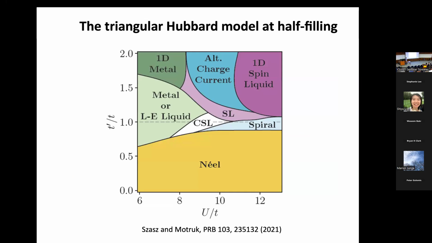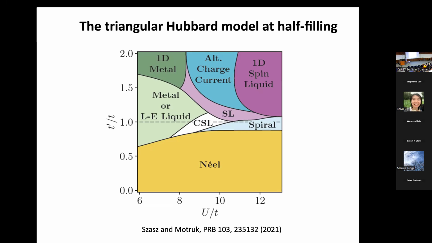So this is, at half filling, a cartoon phase diagram of some of the phases you might expect as you vary this ratio of T prime to T. Remember, when T prime is 0, you're in the square lattice regime. If you crank up T prime to equal T, here's the triangular lattice. You can see already, as a function of the interactions, in the square lattice, at any interaction, you have a Néel state. But in the triangular lattice, you go through a whole bunch of interesting phases. When you go to very large U over T, there's this spiral antiferromagnet that I showed you earlier for the Heisenberg model, because the Hubbard model becomes the Heisenberg model at half filling in the limit of very large interactions.